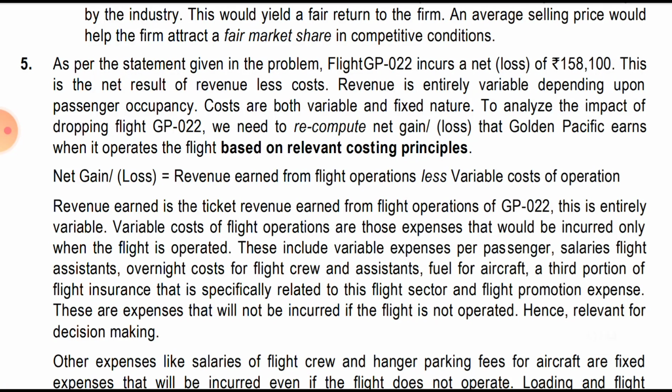This is also just an explanation of what we did in the calculation part. As per the statement given in the problem, flight GP22 incurs a net loss of 1,58,100. This is the net result of the revenue less cost. The revenue is entirely variable depending upon the passenger occupancy, and costs are both variable and fixed in nature. To analyze the impact of dropping the flight GP22, we need to compute the net gain that the